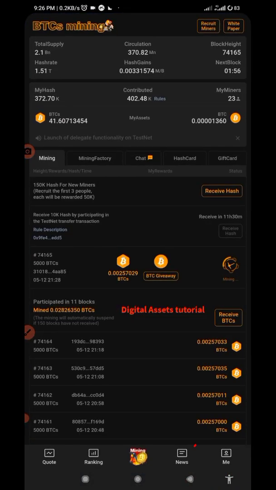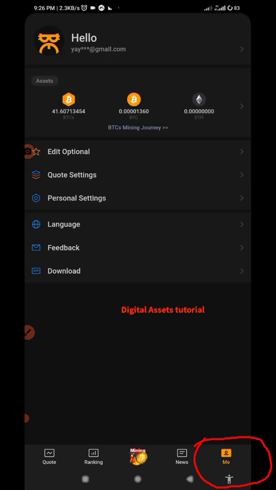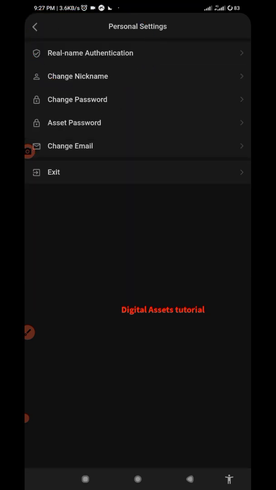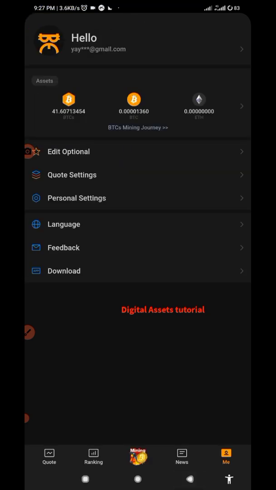And just click on the Me button. Click on Me. Then you have to click on this. Once you click on it, it will ask you to log in with your Gmail and the password that you use on their website. So you have to make sure you log in. Once you log in,